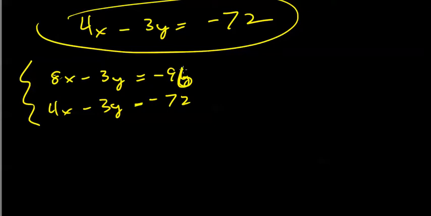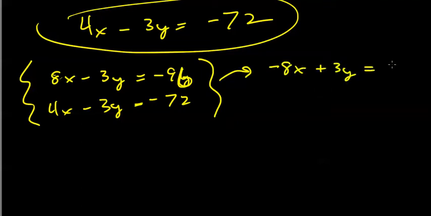Alright, so, well, what are we going to do? I'm going to take this first equation and multiply by negative 1. Alright, because then I see when I add that to my second equation, the y variables will eliminate,